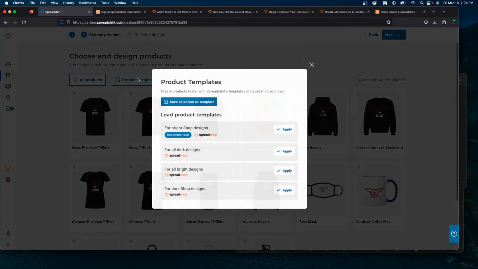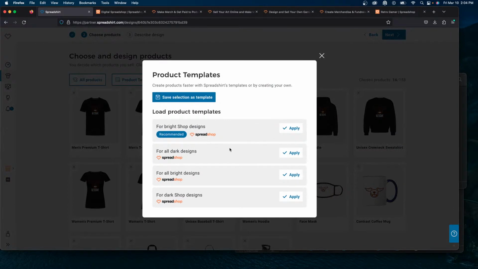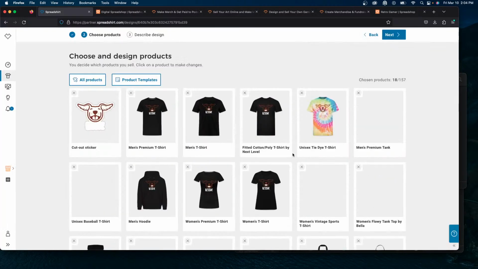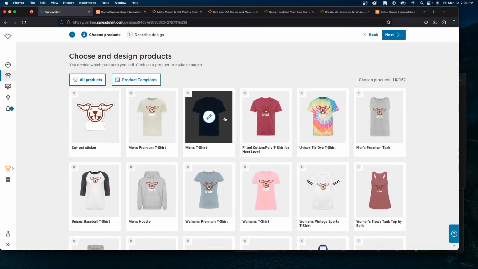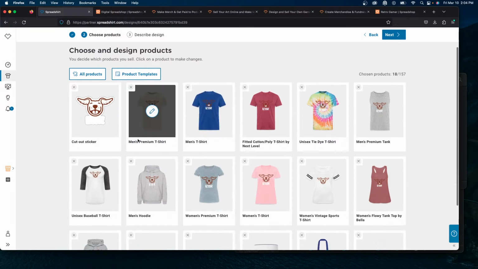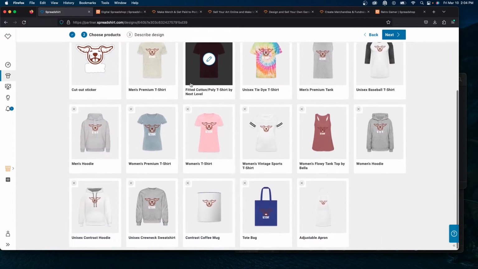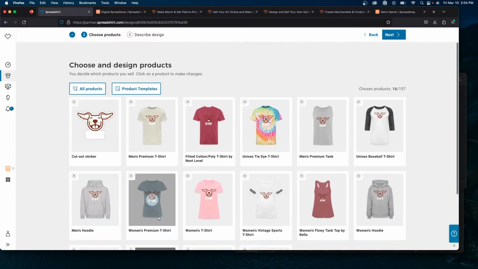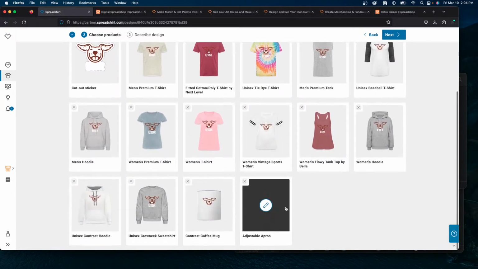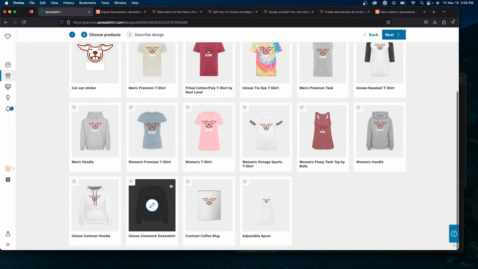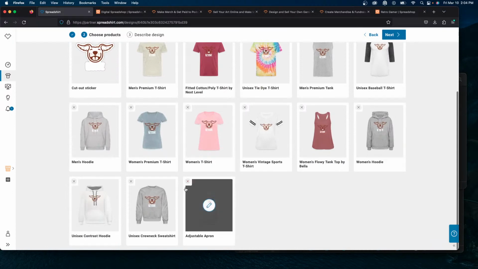And we can also choose different product templates as well that are already pre-created, as well as we can save any that we create as well. So I'm going to try maybe some different lighter colors for this guy. So it looks pretty good. I'm just going to remove this other darker one. And I think I like the rest of those for the most part. And so I have that automatically laid out across these different products. And again, we're going to move the white on white